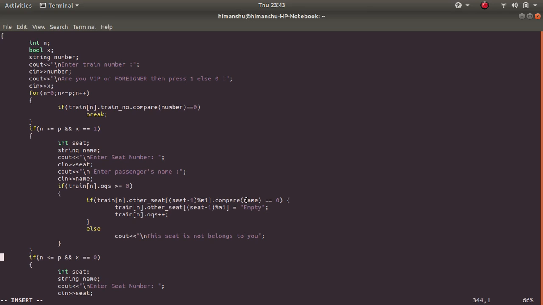If the given passenger name is correct, then the seat will be deallocated. Otherwise, this message is displayed, this seat does not belong to you.